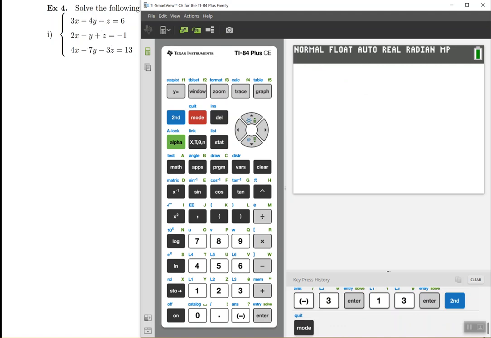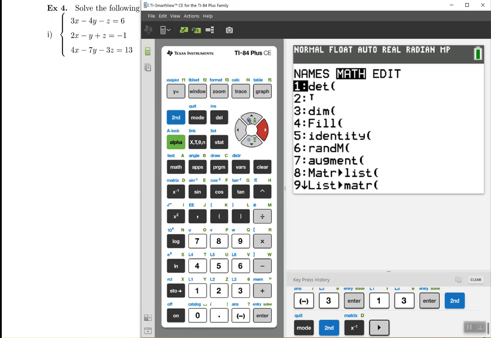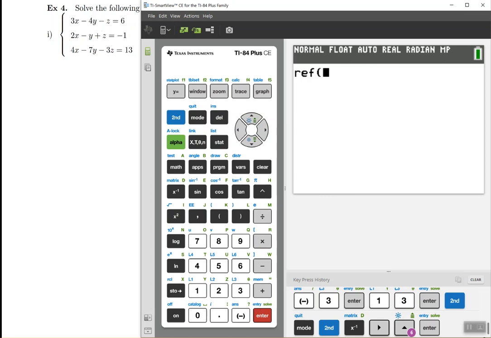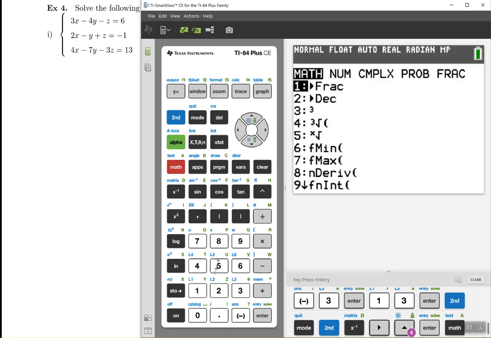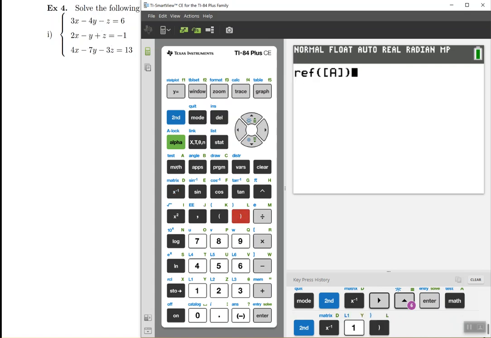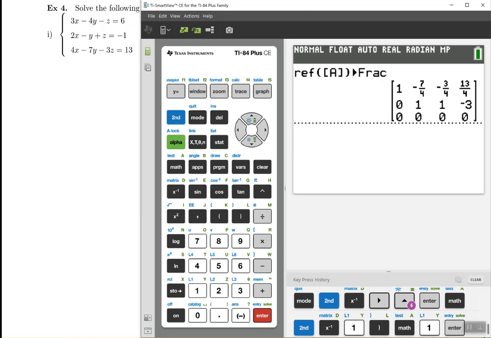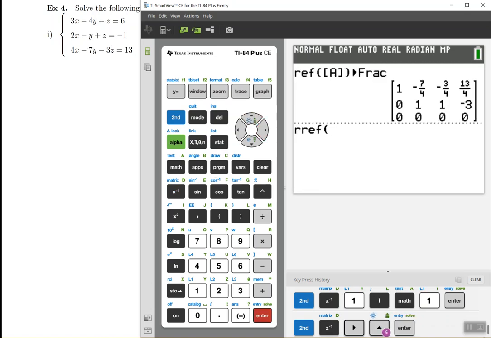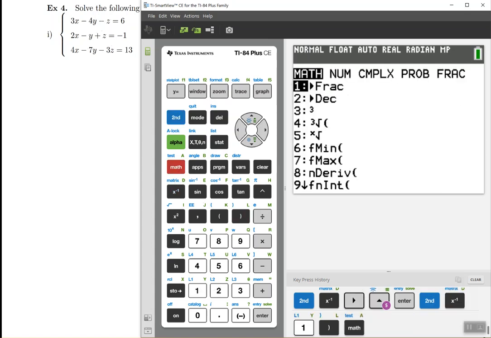So this time, I'm going to ask the calculator for the row echelon form, then the row reduced echelon form. I'm going to click second, matrix, then go this time to math, and it's easy if I go from the bottom all the way to find REF, row echelon form, and then I tell the calculator the name of the matrix. So second matrix, then matrix 1, close parentheses, then click math 1 to put everything in fraction form. So there you go. And if I do the RREF matrix, then I'm going to get this. So RREF, matrix A, close parentheses, and then go math 1 to get the